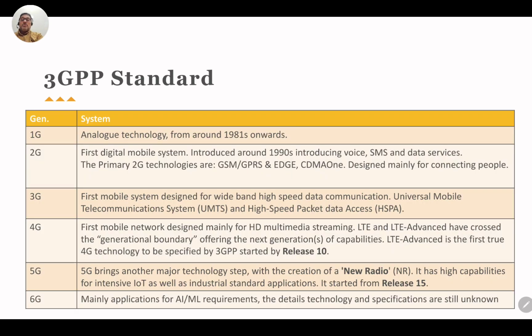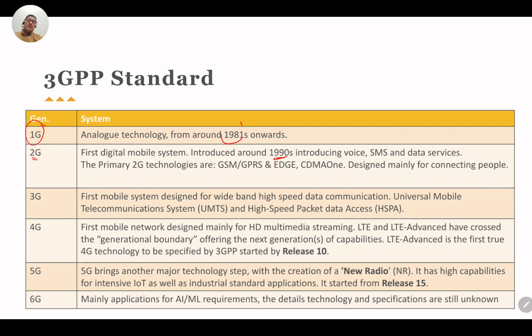Those are the 3GPP standard generations. So we have the first generation. Of course, the first generation was not part of 3GPP, by the way. It was analog technology, and it was around 1981. Then we have the second generation. The second generation is the first digital mobile system, which was introduced around 1990. And